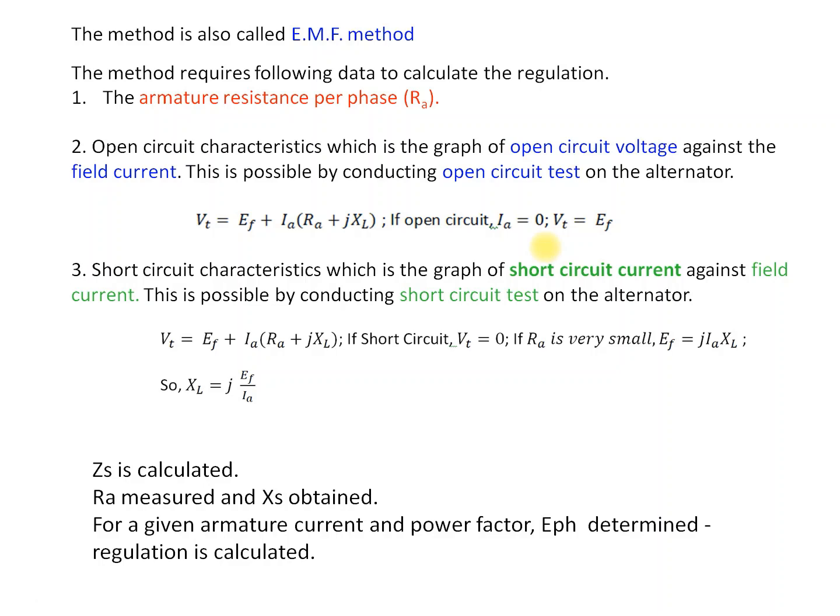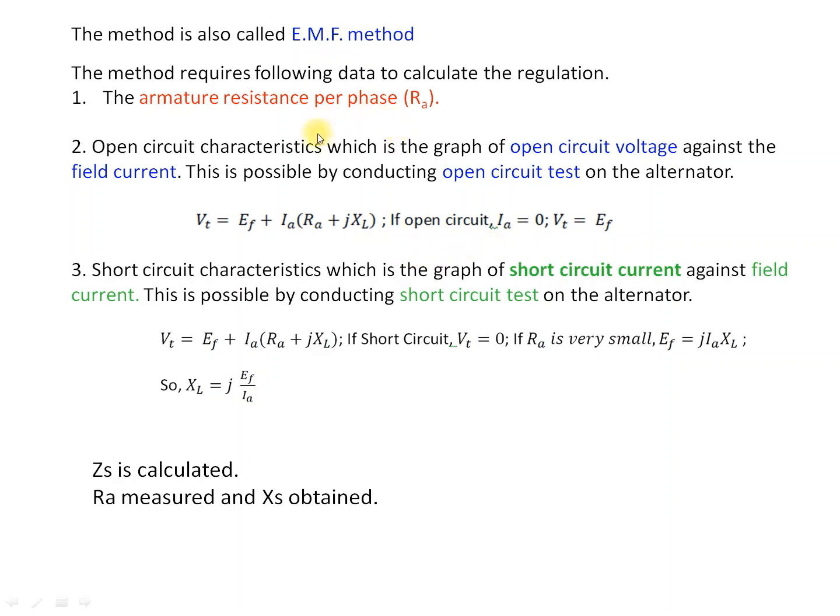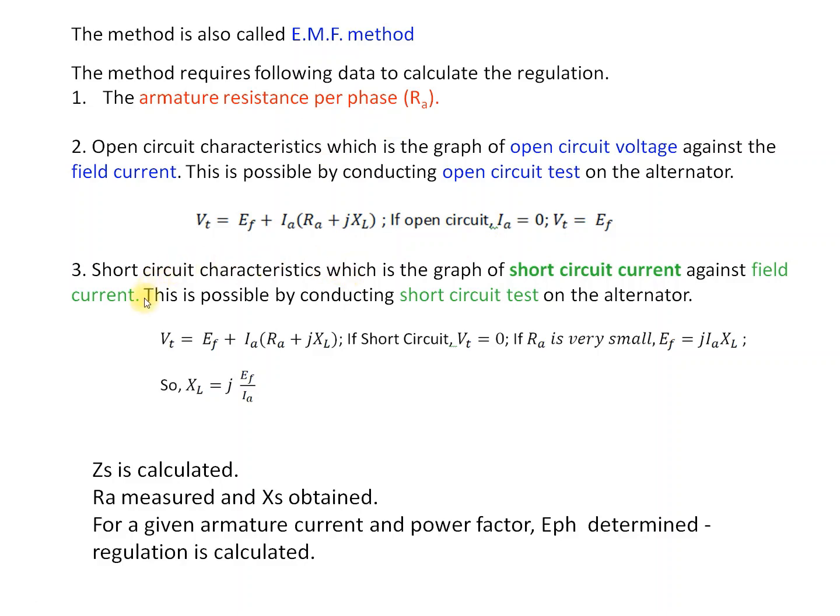So we give the flux as an input. Since we know the generated voltage is directly proportional to the flux, whenever we increase the flux, the generated voltage will increase. So we will be getting the hysteresis characteristics of that particular machine from this open circuit method. From that, we will be finding out the no load voltage and the full load voltage also. So for that only, we are doing this open circuit characteristics test.